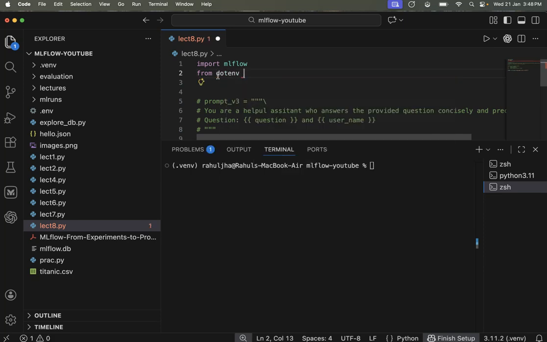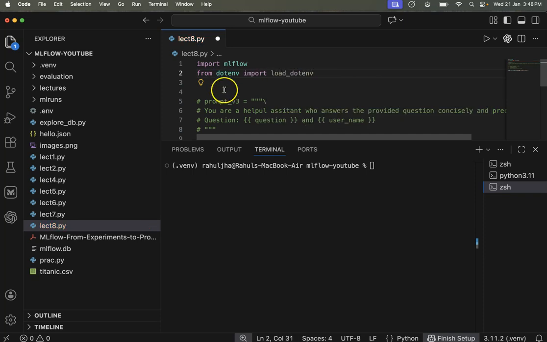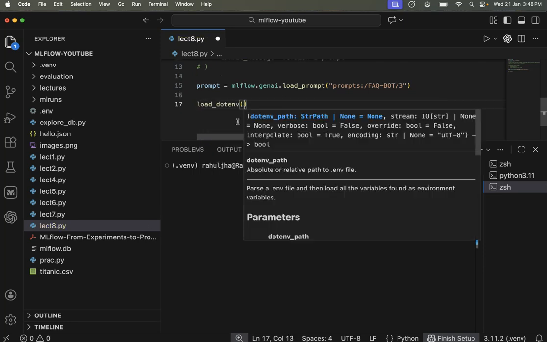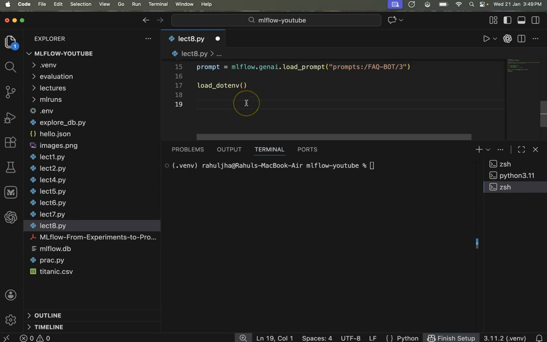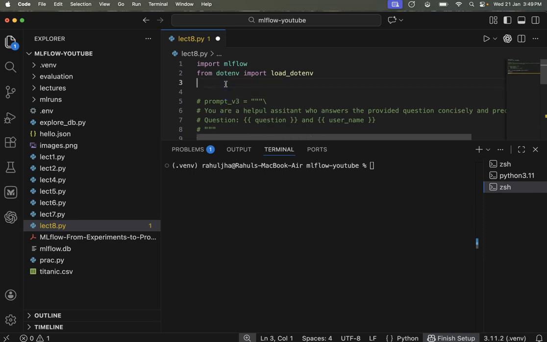So from dotenv, I'll import load_dotenv. Now when you call load_dotenv, it will ask you for the path of your .env file, which exists in the same directory from where the script is going to be run. In that case, you don't need to provide the path. But after this, you can access your env files. But for that, you would need to import the OS package.